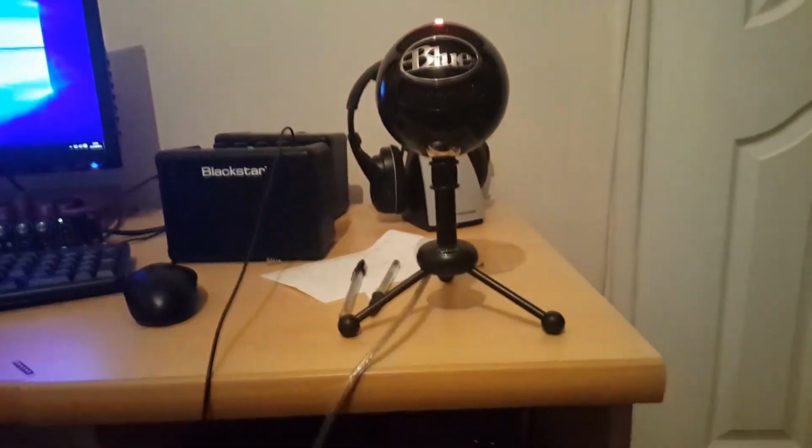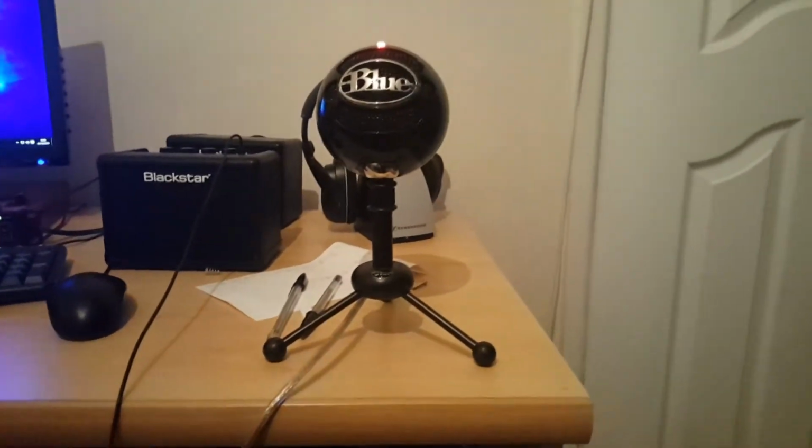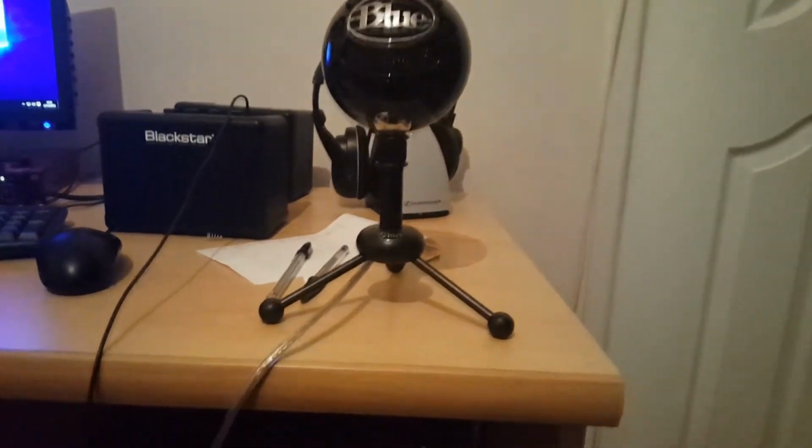And right, moving on to this mess of crap. This is basically the space where I keep everything that I use, all my little bits and pieces. So I have a Blue Snowball microphone, which is what I use to do the audio when I'm doing voice work, when I'm not holding my phone like this. When I do my videos, I use the Blue Snowball for the mic. I have an iPad, which I use